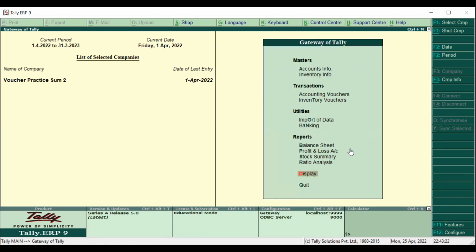Escape. So this is how we have recorded the transactions, and we have also viewed the profit and loss account, balance sheet. We have also viewed the journal entries, and that's it, dear students. This is the way, this is the system in which you are going to deal with the basics of recording transactions in the